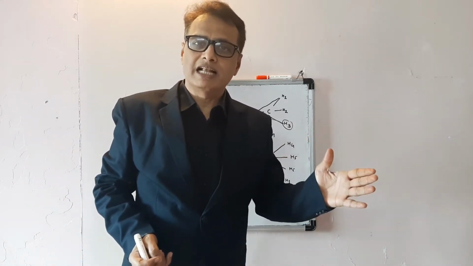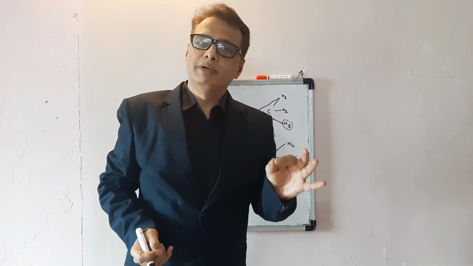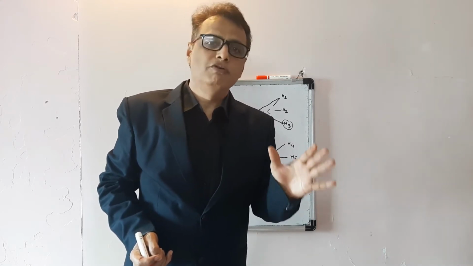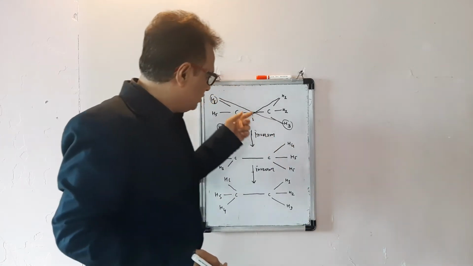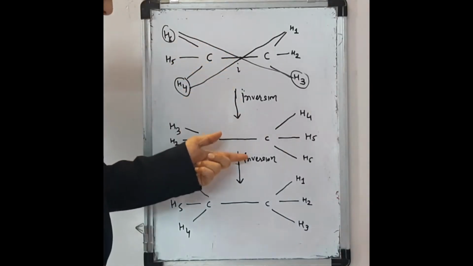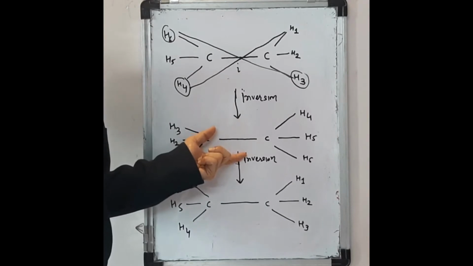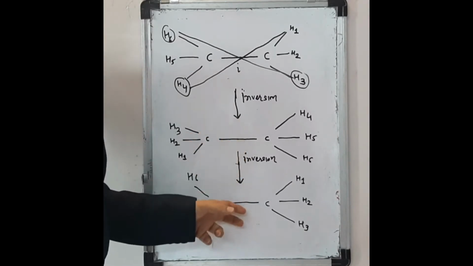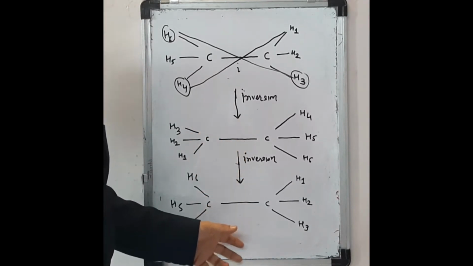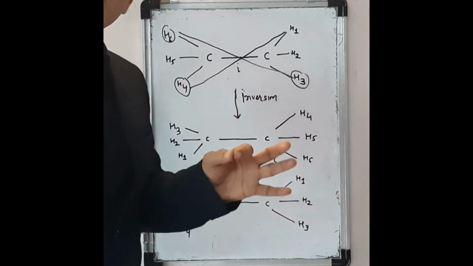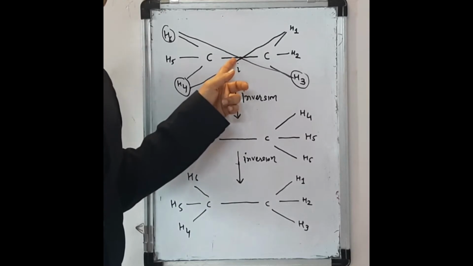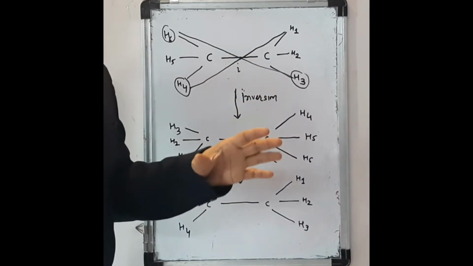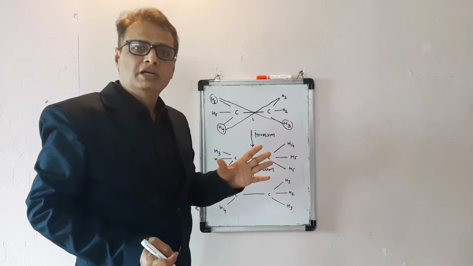As we have discussed last time, the operation which brings the molecule into an equivalent configuration is called a distinct operation. So here, by giving inversion, it gives only one distinct operation, and by giving a second inversion, it will give the original configuration. So center of inversion generates only one distinct operation. Here, this point is known as the symmetry element, while inversion is known as the symmetry operation.